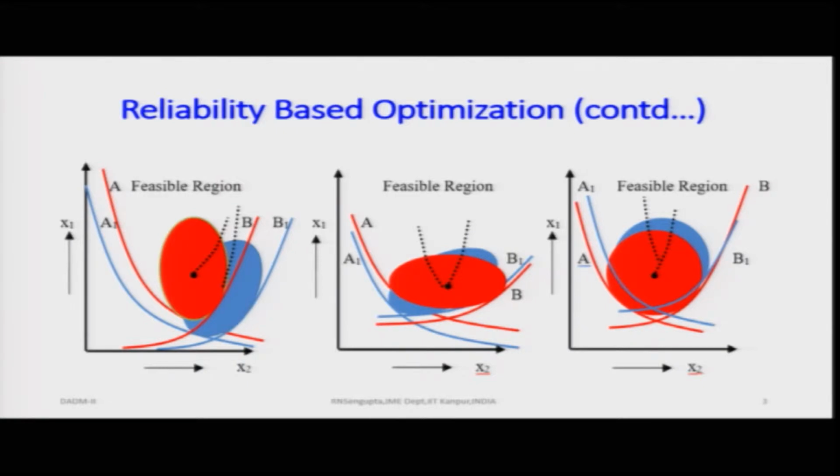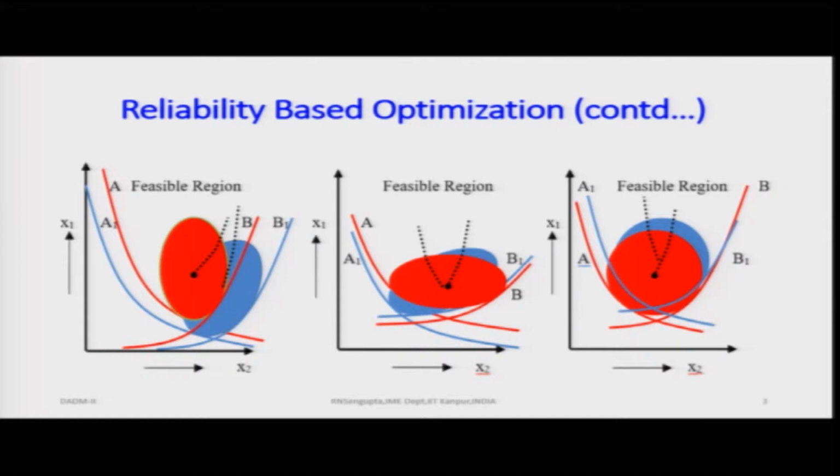Now, in the deterministic case, if you remember, I have already discussed that depending on the constraints being deterministic, the boundary space would be such that the point of intersection of the red lines, which is A and B or A 1 B 1, whichever way you have been able to denote the deterministic constraints, will give you the actual deterministic solution, based on which you can say that x 1 star and x 2 star are the optimum values of x 1 and x 2, and the corresponding functional value f of x 1 star and x 2 star would give me the actual solution for the deterministic case.